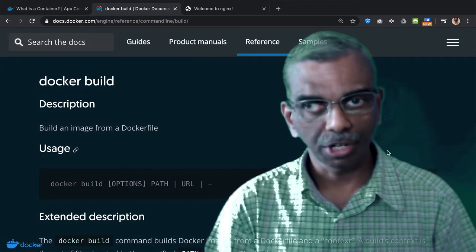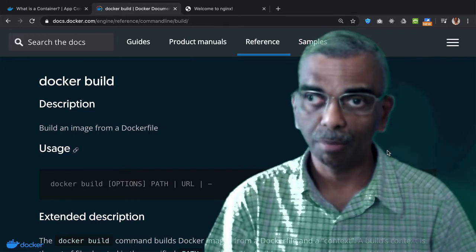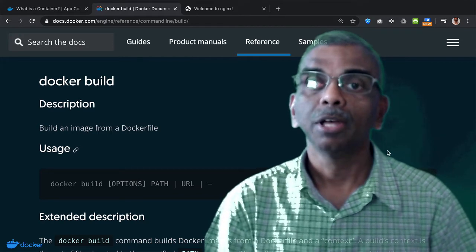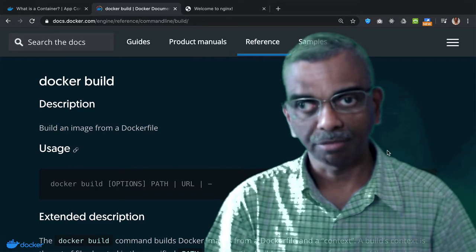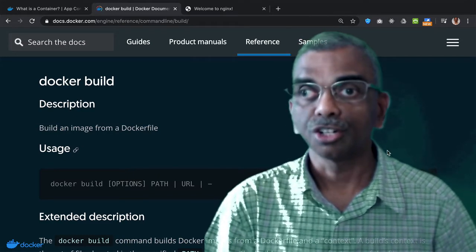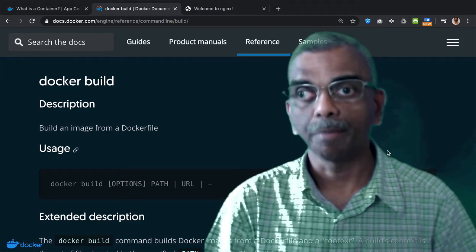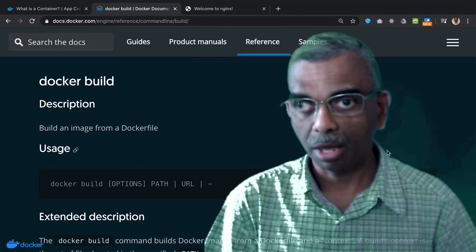In the previous video, we have seen how we can use the Nginx official image to launch a web server, and then copy our files related to our website into that web server and then let that Docker container serve up our website. Now, in this video, I want to show you how you can create your own custom image